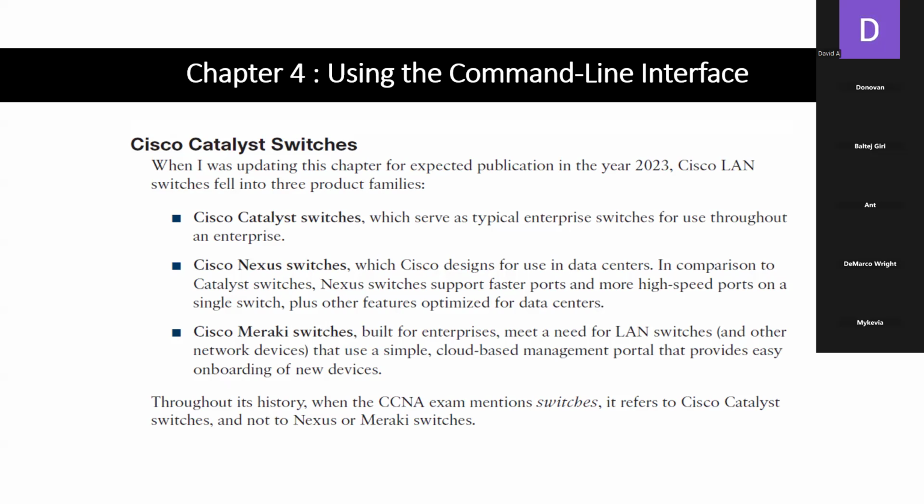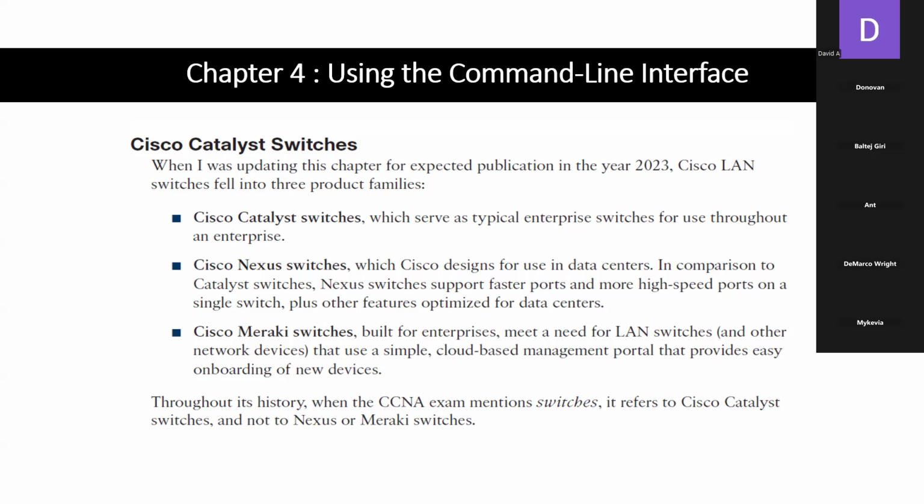This is a great section. That's why I wanted to go ahead and get a screenshot. It details the different types of uses for the switches. So I'll just go ahead and read it, right? The Cisco Catalyst switches serve as typical enterprise switches for use throughout an enterprise, right? The Cisco Nexus switches, which Cisco designs for use in data centers, in comparison to the Cat switches, right? Nexus switches support faster ports and more high-speed ports on a single switch, plus other features optimized for data